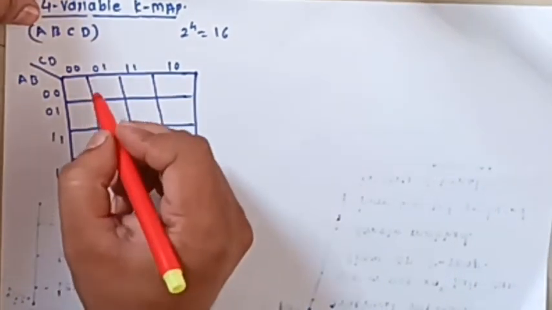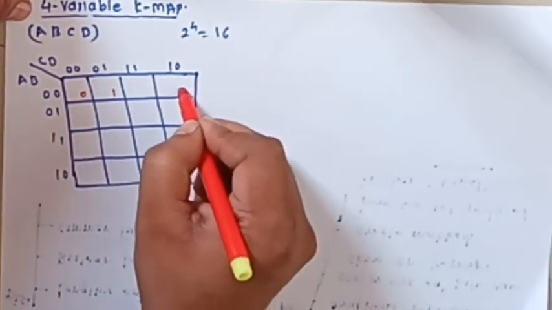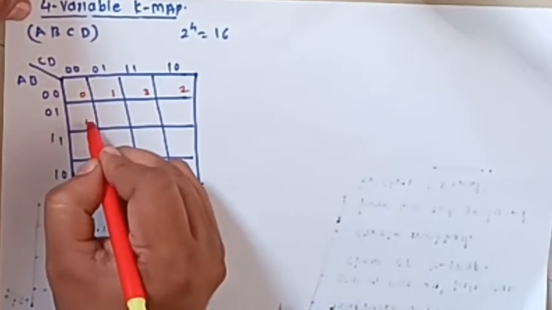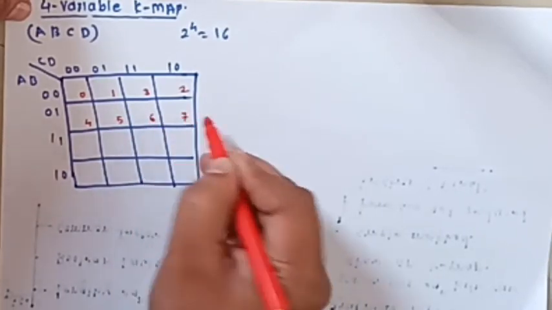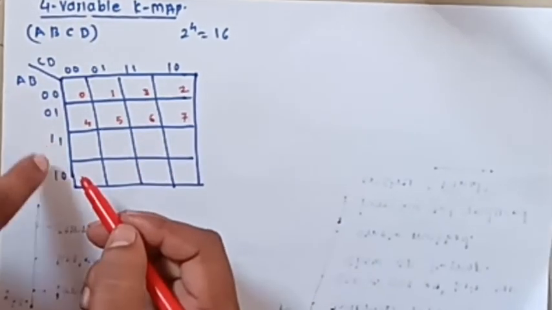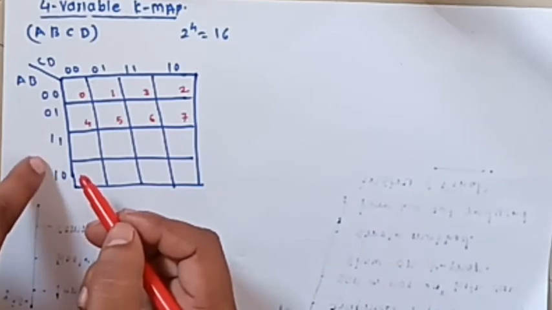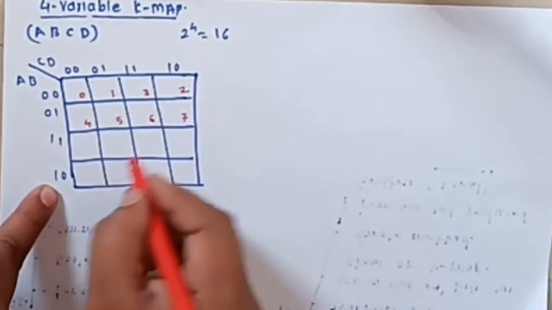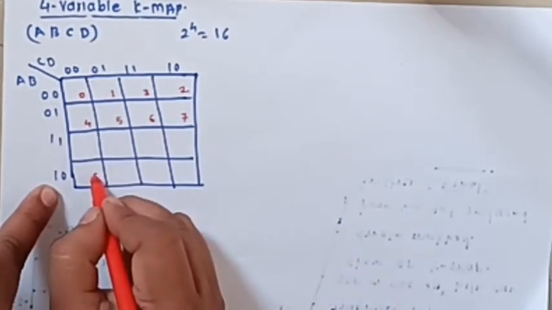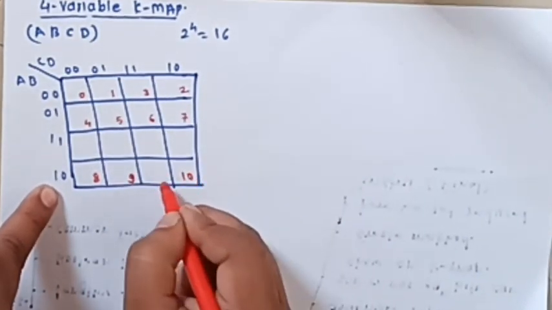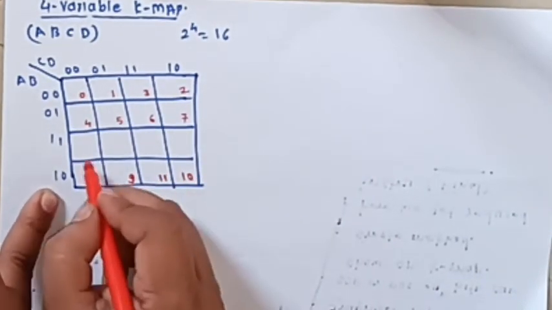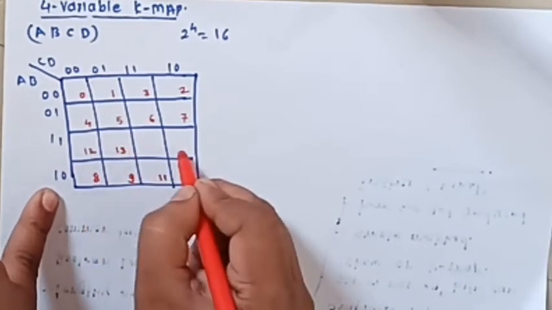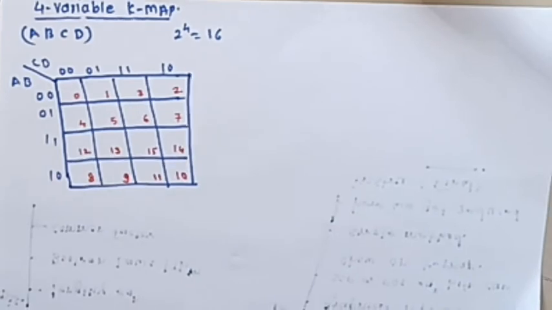The min terms are 0, 1, 2, 3, 4, 5, 6 and 7. Okay, now after this, look, this sequence is also changed. Here the sequence is changed, so you need to continue with this last row. After 7 comes 8, 9, 10, 11, and then 12, 13, 14 and 15. So 0 to 15. How many output cases are there total?